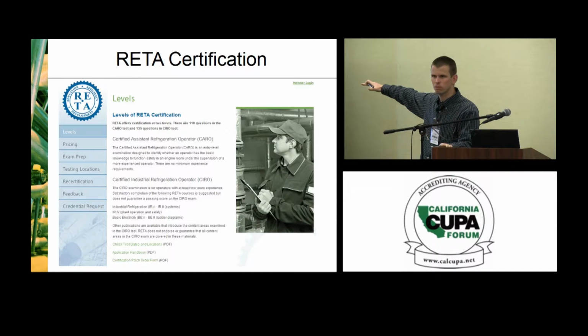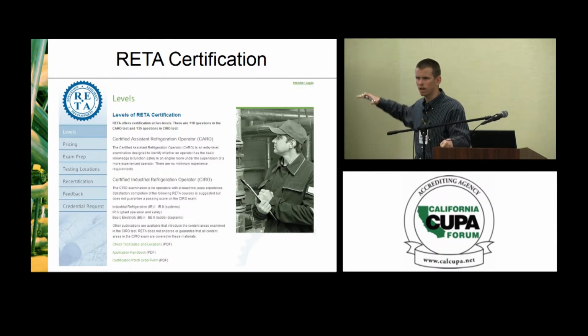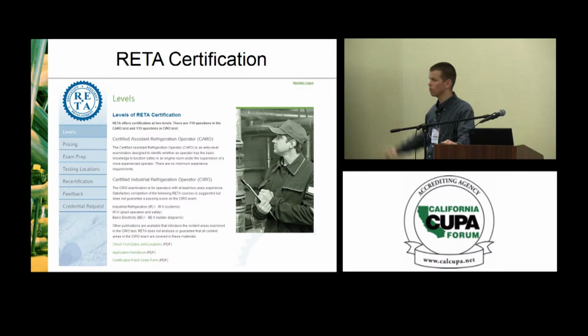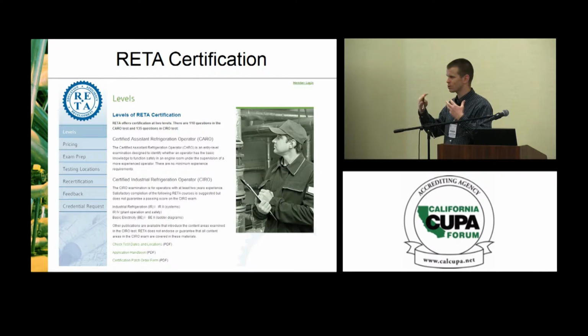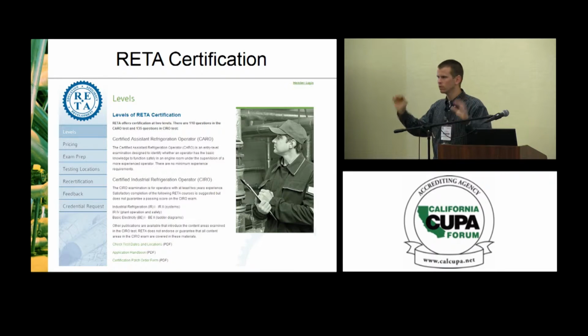If they pass the CARO test, that should mean something. The CARO test is not an easy test. I'm not saying it's rocket science, but it's not just a cakewalk that anybody, even an operator, is going to sit down and ace. It's a step above. So the CARO is for an assistant, and the CARO for the industrial refrigeration operator shows a high level of understanding, able to troubleshoot basic things. But just like a driver's license, it doesn't mean everyone's a good driver just because you have a driver's license. Same thing with RETA. It does not mean that you are absolutely free and clear of any other responsibilities. But it is an indicator, and from my perspective, with our customers and consulting, we highly encourage it. And again,